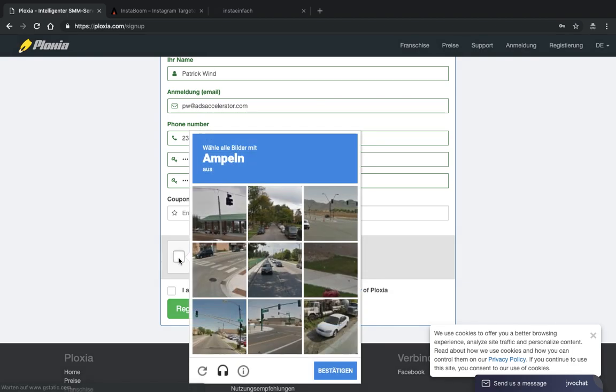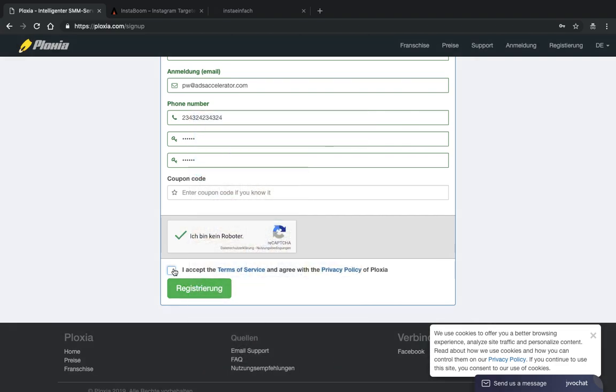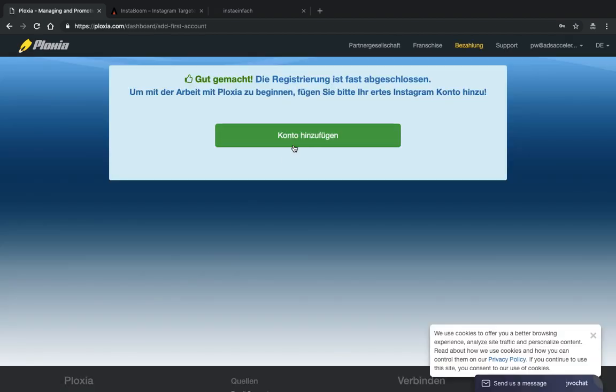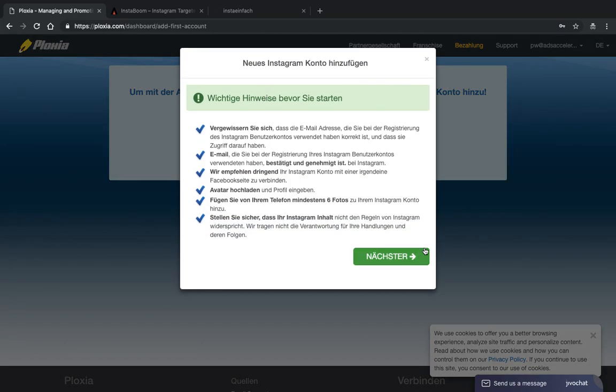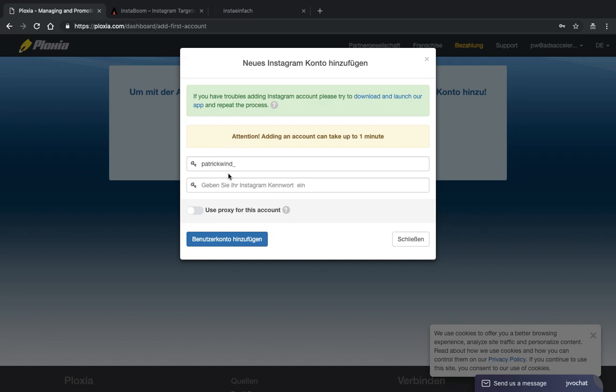Just confirm that you're not a robot here with all the traffic lights. Good. Okay, accept that. So the first step, easy. And now the second step is also very easy. I would just like to show you that it really matters now to add your account. Here they give you some recommendations, and what matters is that you give in your login information